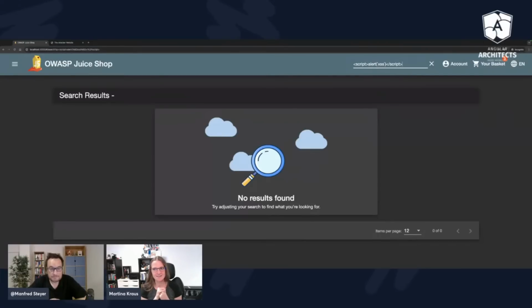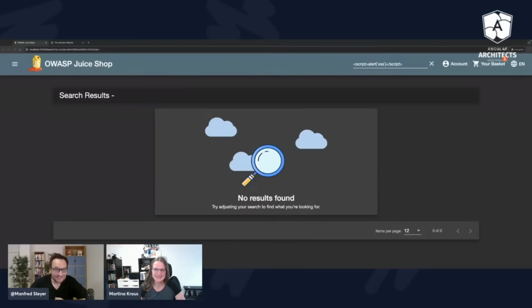But the thing is, we now might have a filter for a script tag. But what is the one tag every kind of web developer actually hates? Of course, the marquee tag. Yes, absolutely. But when it comes to maybe embedding one website into another, it's the iframe, isn't it?